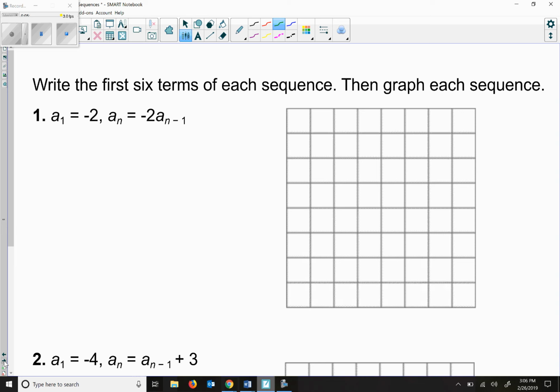Write the first 6 terms of each sequence, then graph each sequence. On your notepacks, you see you have a sub 1 equals -2. This is our first term. Now, in order for us to find the subsequent terms, so our second term, our third term, our fourth term,